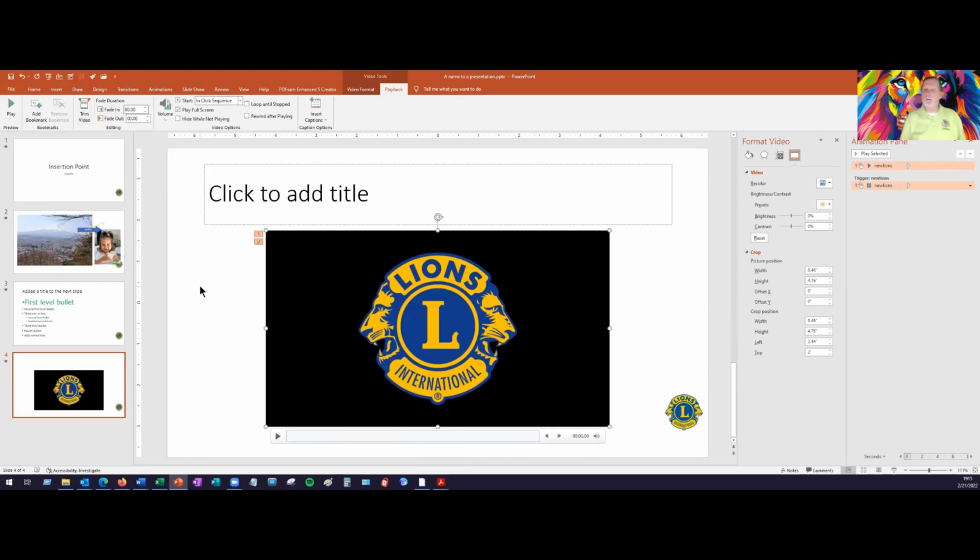For those of you that feel adventurous and want to cut out part of the presentation, the trim controls allow you to do that. The nice thing about this is if you trim too much, not a big deal. You delete this, and then you reinsert it all over again and start over.